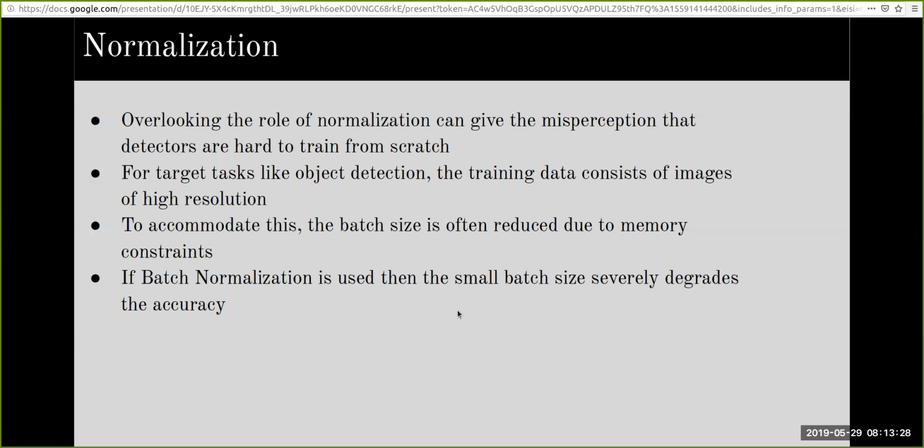So to avoid this, group normalization and synchronized batch normalization are used in the experiments that are done in this paper. Group normalization is independent of the batch size. So it doesn't matter whether the batch size is smaller or bigger, group normalization still gives out decent results. Synchronized batch normalization, on the other hand, is a workaround. It uses multiple devices. This increases the effective batch size. And by doing so, it avoids smaller batches, which enables training models from scratch.